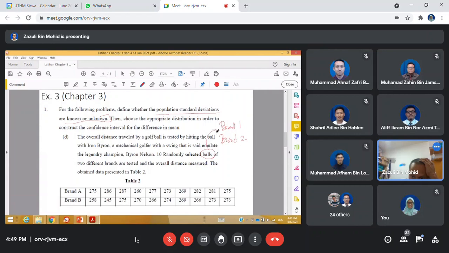Kita ada ni, A dengan B. Kita kat sini A dengan B lah. Boleh jadi A, boleh jadi B, tak kisah mana-mana. So,